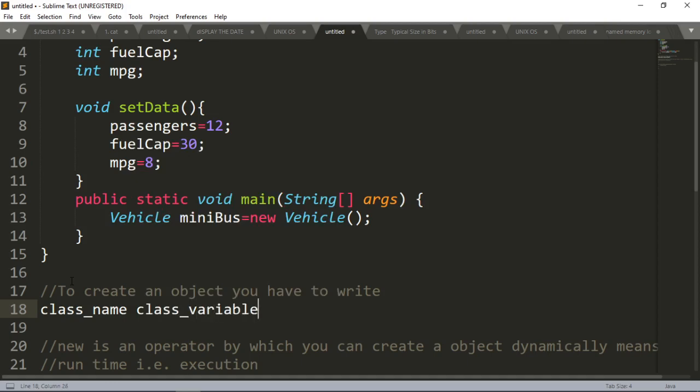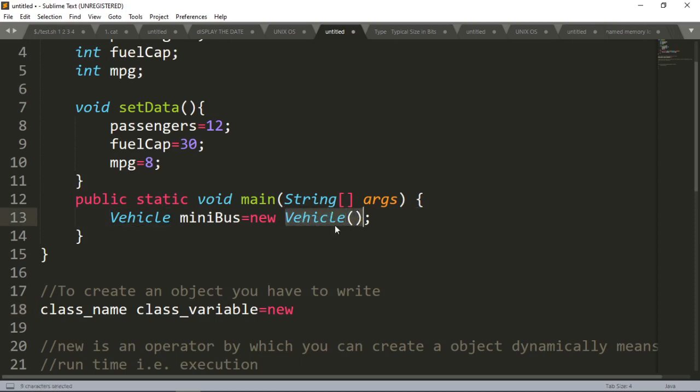Then you give the assignment operator, the equals to sign, and then you write the new keyword, and after that, here I am writing Vehicle.